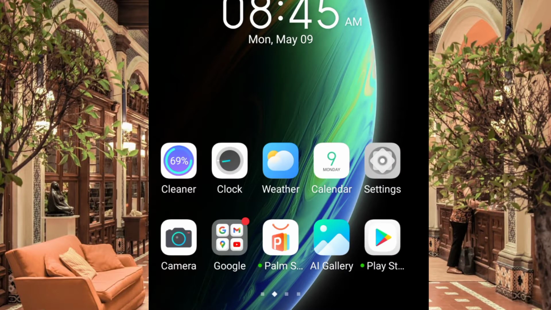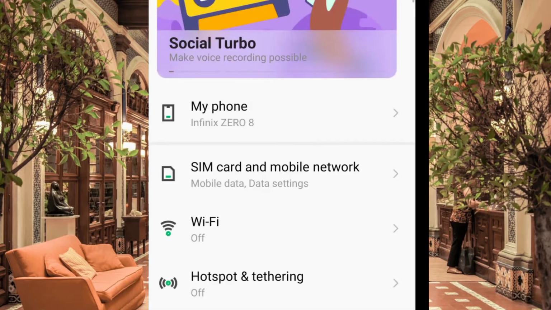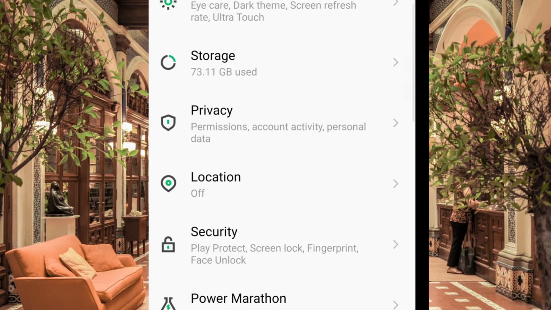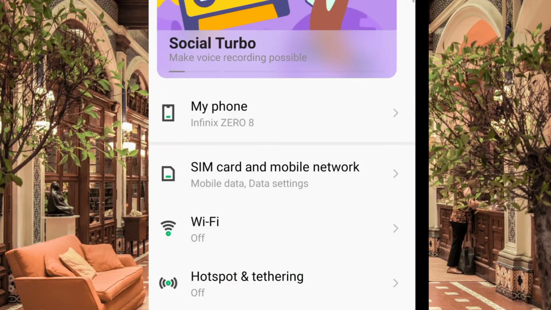All right, so let's do that. Then I will come back to close out this video. First, go to your phone settings. I'm using an Android phone. So you want to go to